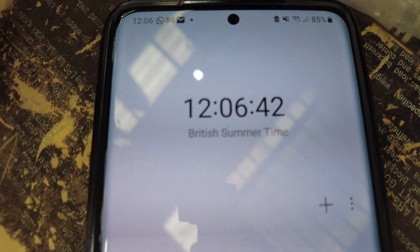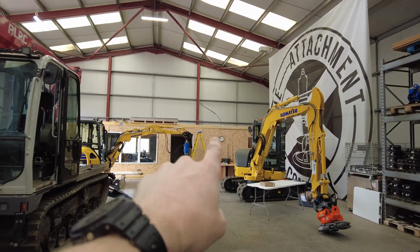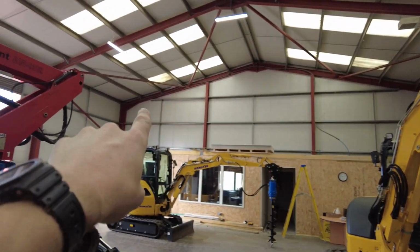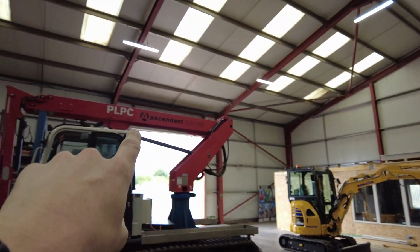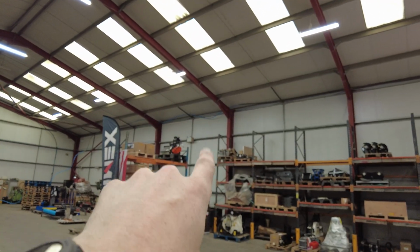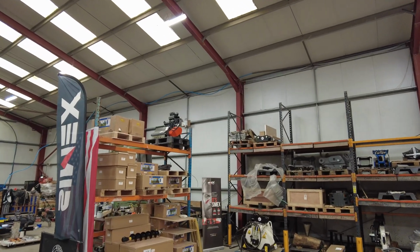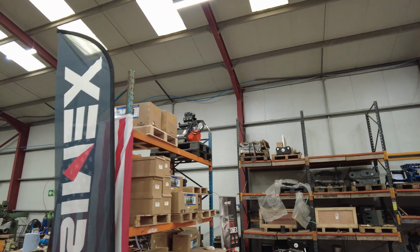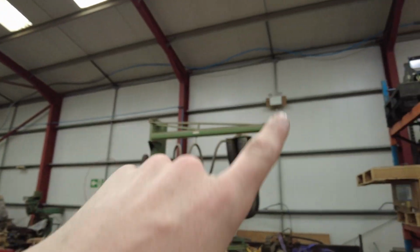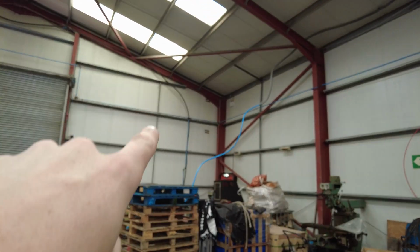6 minutes past 12 and you can just about see the end of the water pipe there. It's on top of the offices, up there, around the top of the building, around that corner, up over the door. You probably can't even see this, but it's pretty much where I'm pointing, right to there. We've got it all the way actually, but I've run out of pipe lagging right there, which means you can maybe see the blue pipe from now. It's not the bottom one, it is the top one. So 1, 2, 3 bays to go,